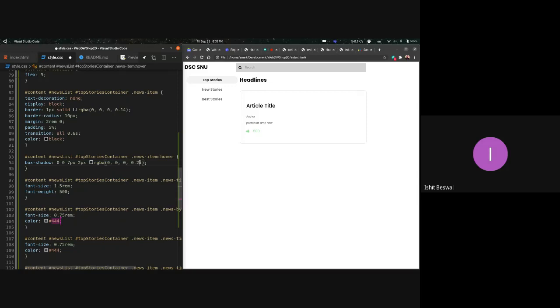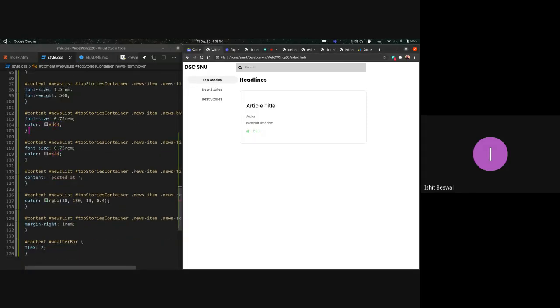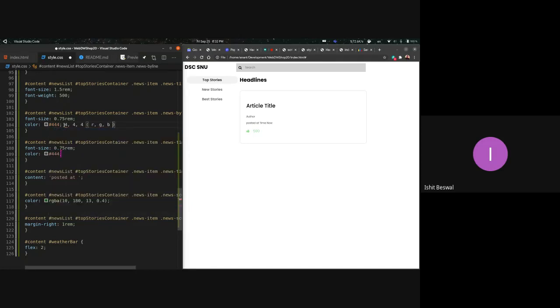Now, I don't think we've talked about giving hex values. So what this is basically is a hex value. You can give colors in four basic ways. The first one is obviously giving it a predefined color, say red or blue. You can directly give the value of red or blue. The second and third ways are the RGB and the RGBA values, which we just now discussed. And the last way is the hex values.